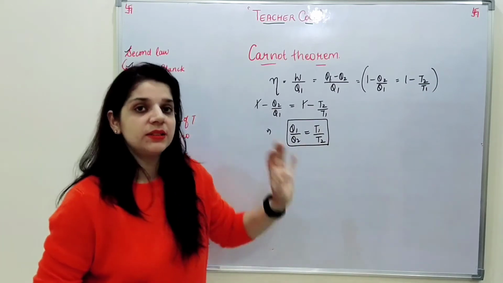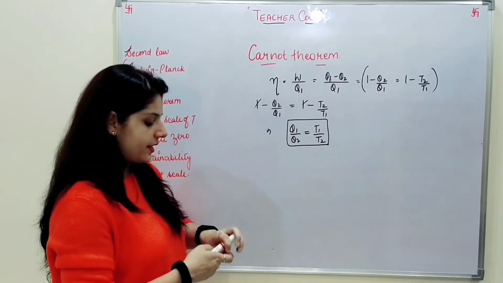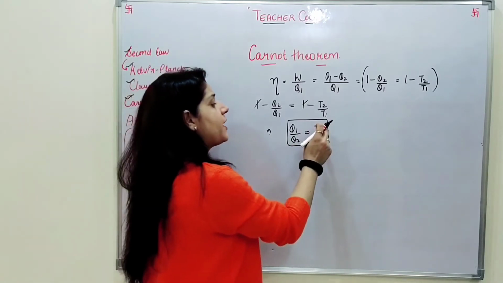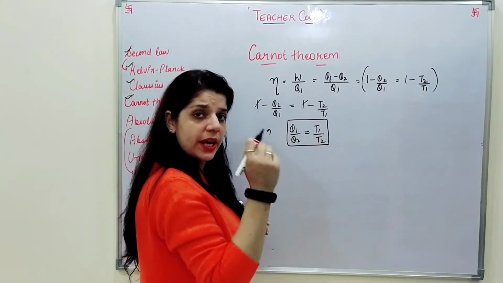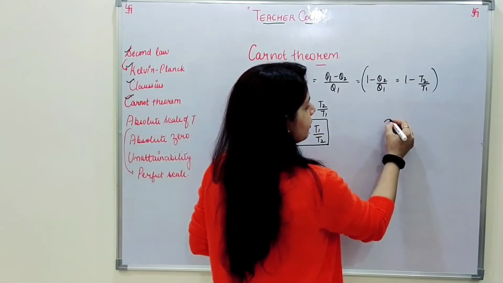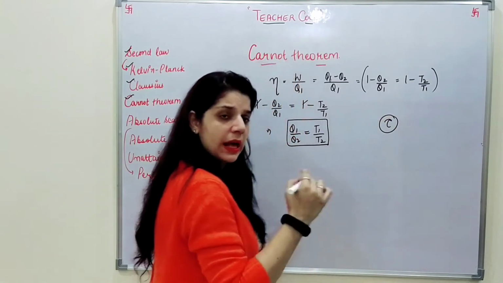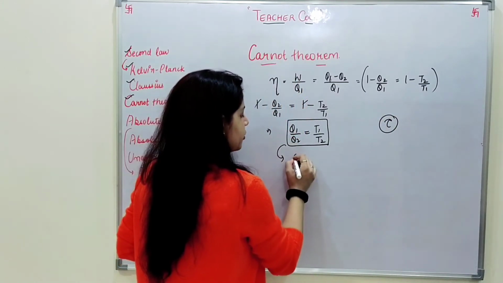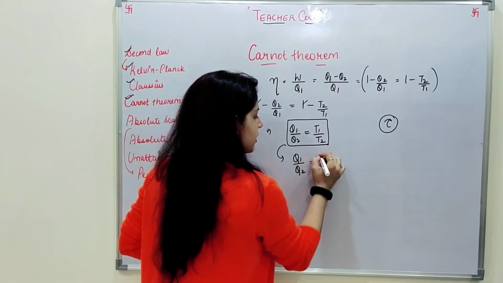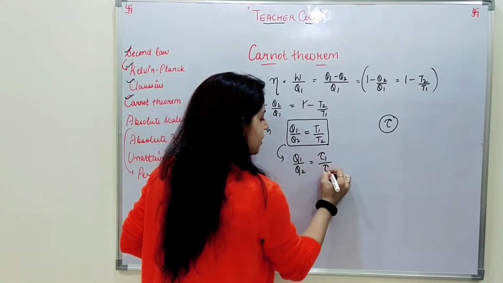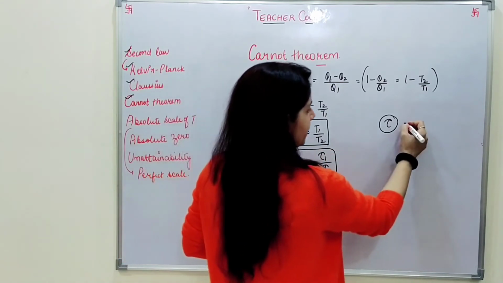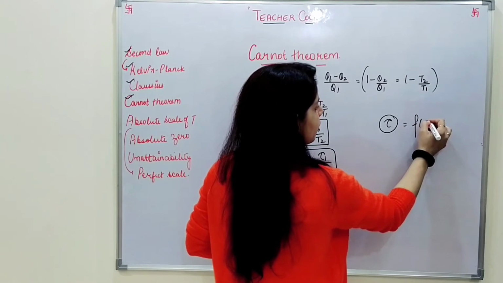So what scientists did is that instead of taking T1 and T2, they introduced a new scale of temperature which denotes the temperature with the symbol tau, and with this my ratio will become Q1 by Q2 is equal to tau 1 by tau 2,